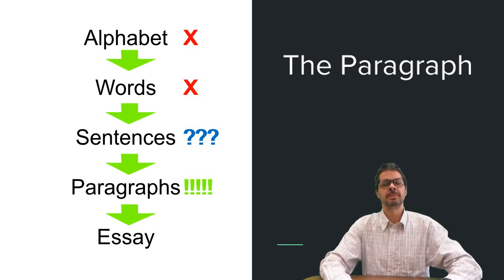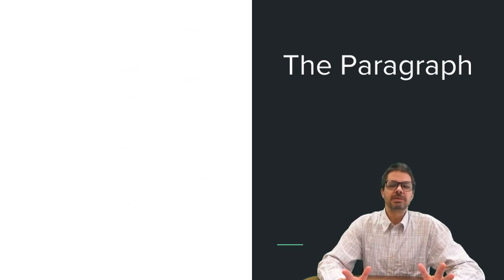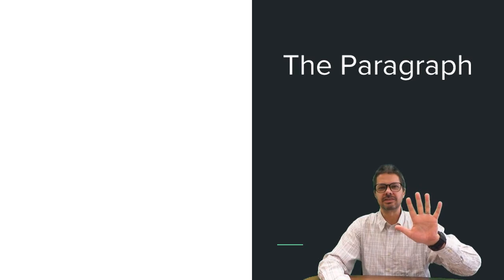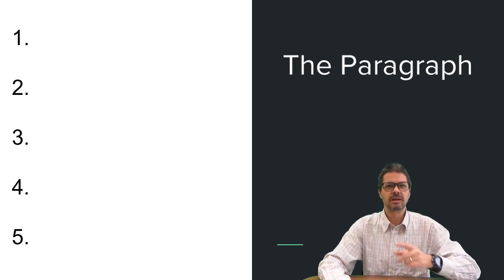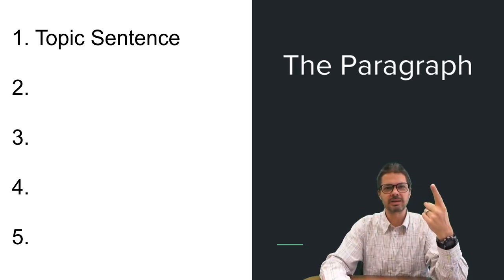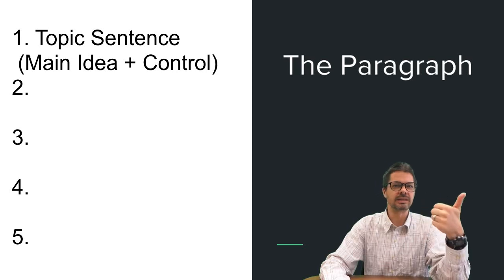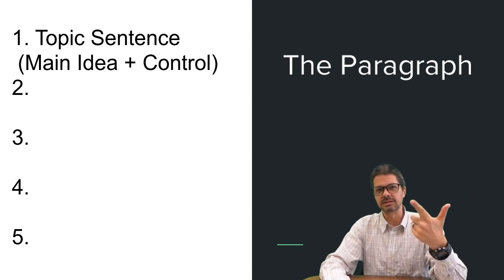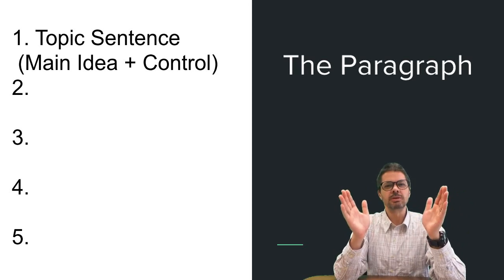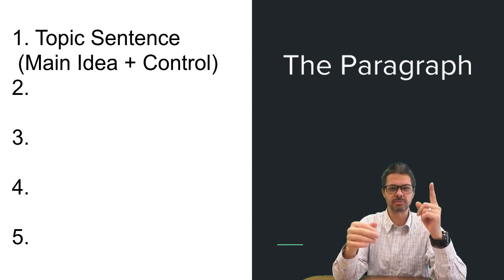The paragraph. At its most simple, what should a paragraph look like? In my opinion, even the simplest paragraph should have at least 5 sentences. So what does that mean? We should have a topic sentence, which comes first. It tells us what the paragraph is about, right? In our topic sentence, remember, we need to have the main idea and the controlling idea. We need the topic and we need our opinion. A topic sentence shouldn't only be a fact. It should include our opinion or our argument in it. So our topic sentence comes first.